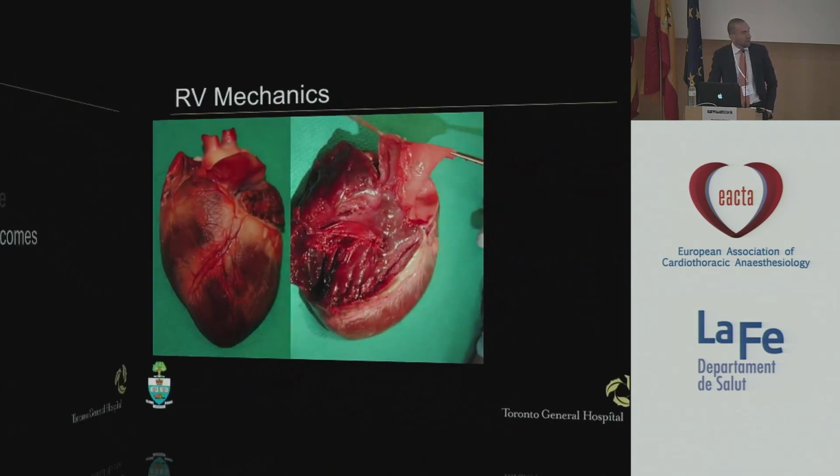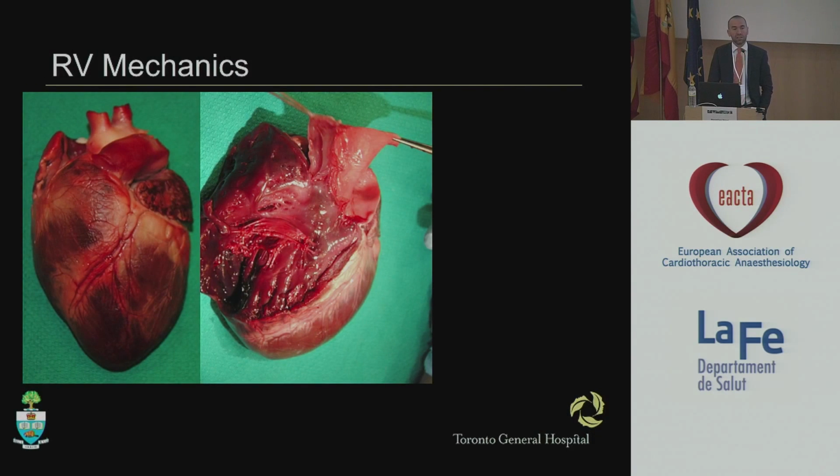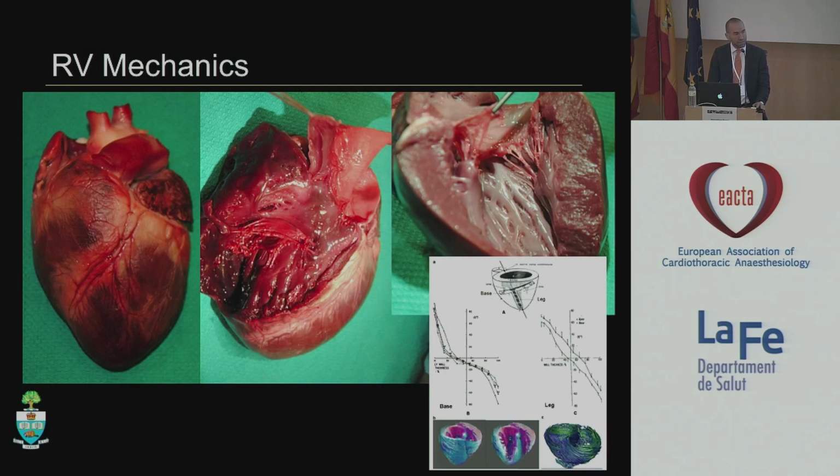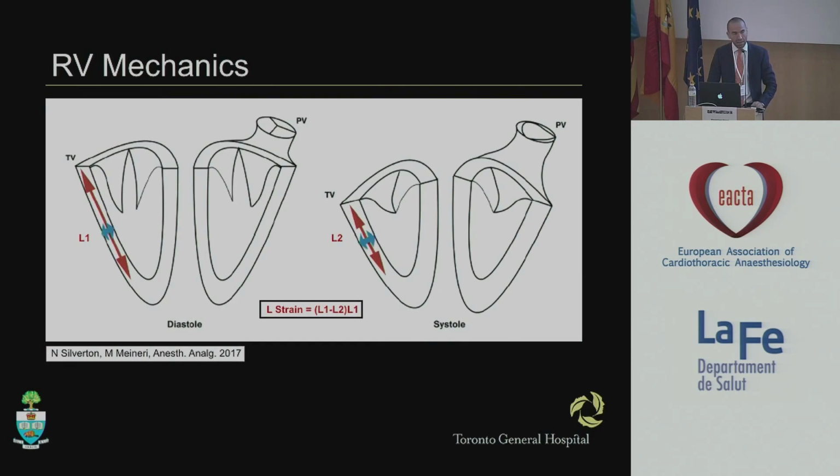We were talking about the right ventricular geometry and physiology. We know it's complex, but on the other hand, if we compare the muscle structure of the right ventricle to the left ventricle, the right ventricle is a much thinner wall that has pretty much just one muscle layer, compared to the left ventricle where we have different bundles or layers of muscle in the endocardium, mid portion of the myocardium and epicardium. And if we look at